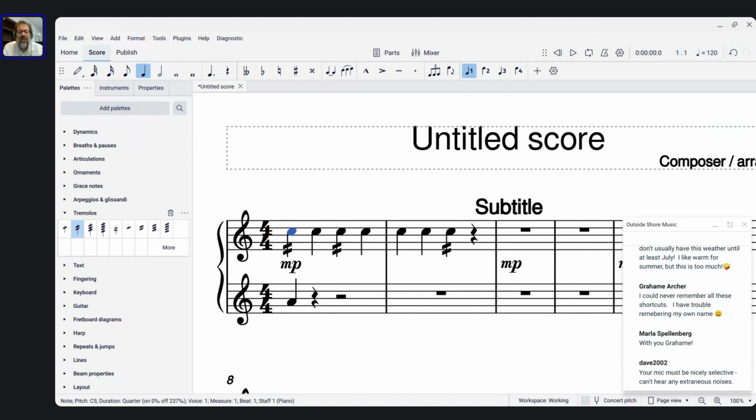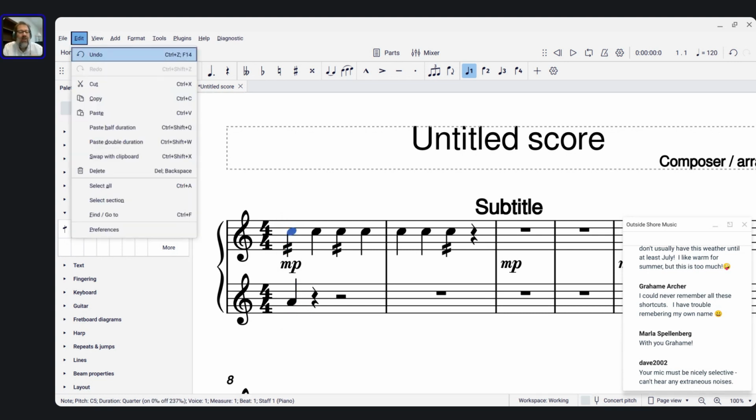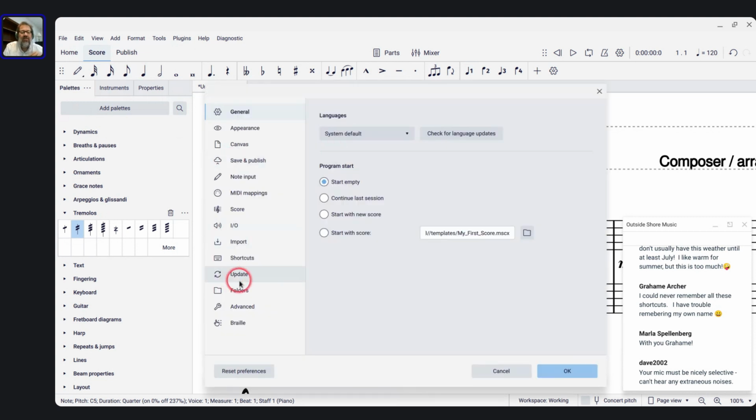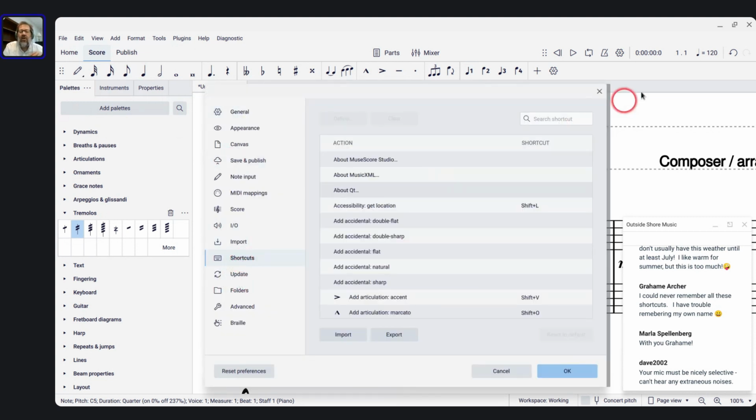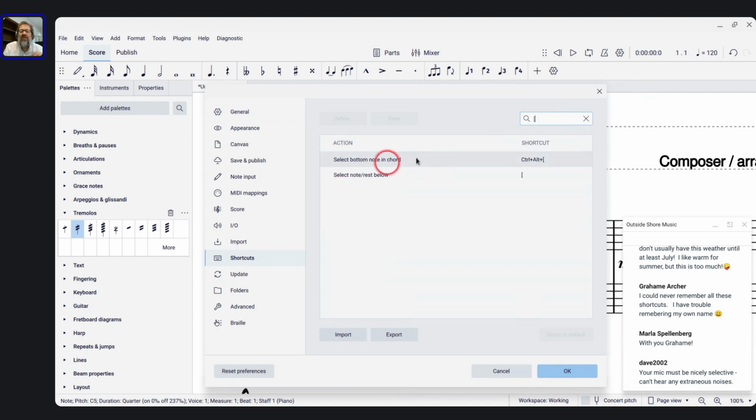So in any case, Alt up and down should be moving the focus between staves, or in note input mode, same thing, should be moving the focus between staves. Because that hasn't worked on my keyboard, I've redefined those to be left square bracket and right square bracket. So left square bracket moves down, right square bracket moves up. I am a little curious now if that has fixed itself in my operating system, if that's no longer a thing. So I'm going to type left bracket, and so that's select note rest below. I'm going to click that guy and reset it to the default of Alt down,